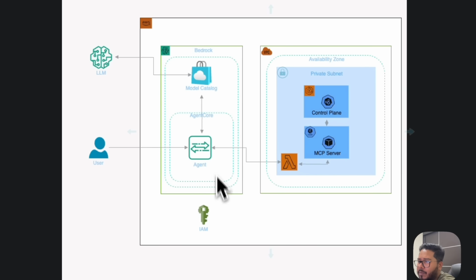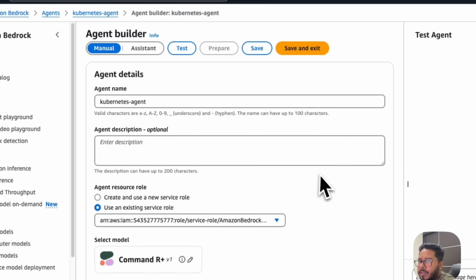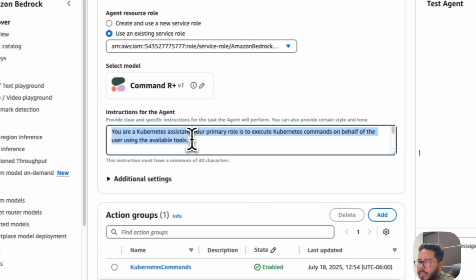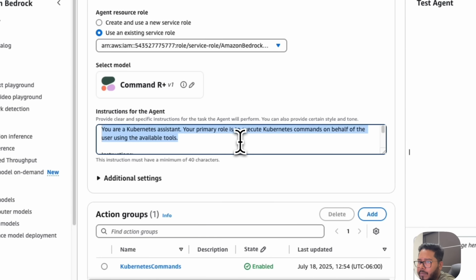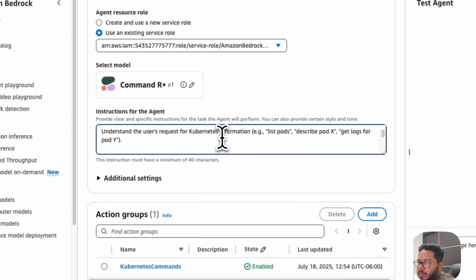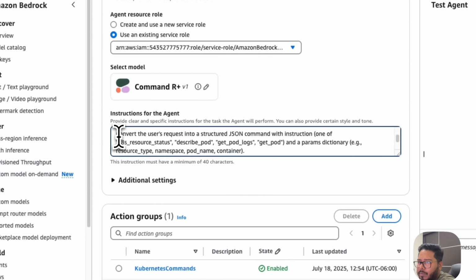Let's first check what our agent is doing. So this is our agent. Basically we have created a prompt, we are giving the agent a prompt. We are saying, you are a Kubernetes assistant. Your primary role is to execute Kubernetes commands on behalf of the user, and we are passing some instructions. So understand the user request for Kubernetes information, list pod, describe pod, get logs, all these things, and then we are asking it to convert the user's request into a JSON command and a params dictionary,